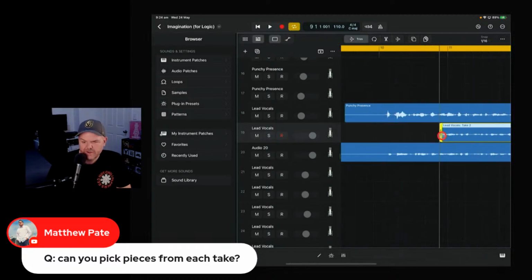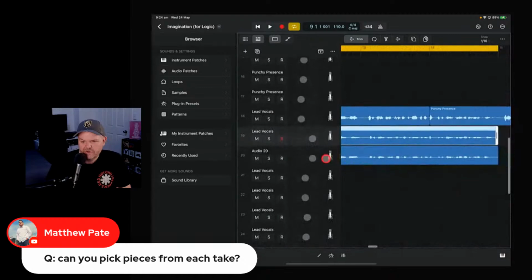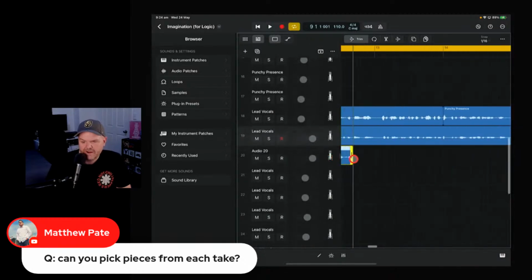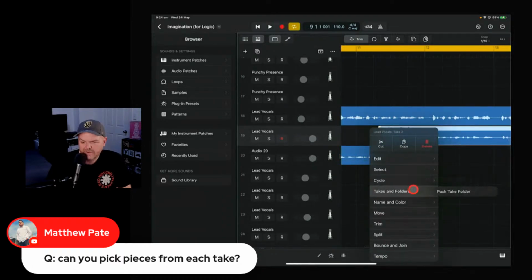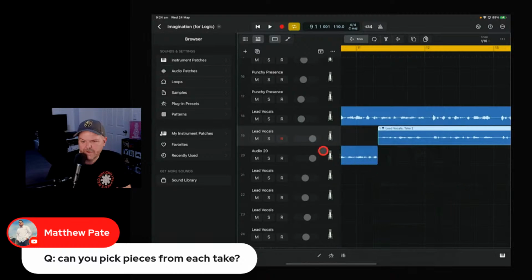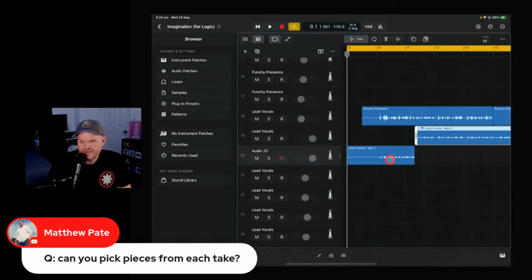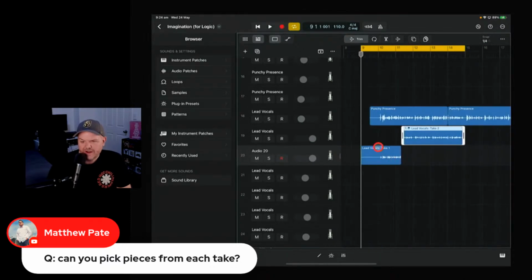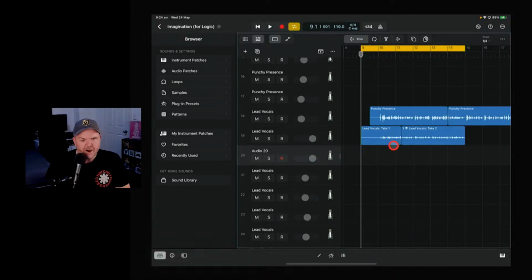Let's just do a quick test run on this. Say I liked the first half of that one, but I wanted the second half of this one. Can we do this and can we repack it and comp it back in just like this? What happens if we tap on that, takes and folders, pack the take folder? No. Okay. So there would be ways to do that. I haven't quite worked it out yet. Maybe we have to put that back to the original one. I would hope that there's a way that you can sort that. I mean, obviously you can do it manually like I just did there, but if you unpack the take folder, I guess that would be the way to comp it. We'll see. All right, back to the questions that we've got here.